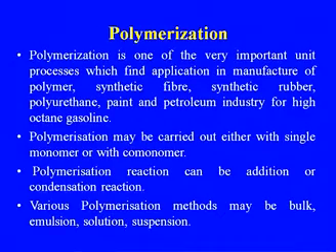Polymerization reactions, and at the same time oligomerization or trimerization, are some of the polymerization reactions that take place, and they are very important in the manufacture of especially polymers, synthetic fiber, and synthetic rubber. Polymerization may be carried out either with a single monomer or with a co-monomer, because in case of polythene we are using some co-monomer also. Vinyl fibers also, sometimes vinyl chloride is added as a co-monomer in manufacturing some of the fiber. So, it may be monomer or co-monomer, both.